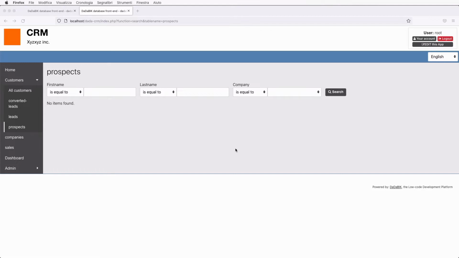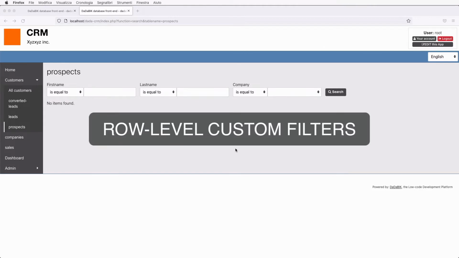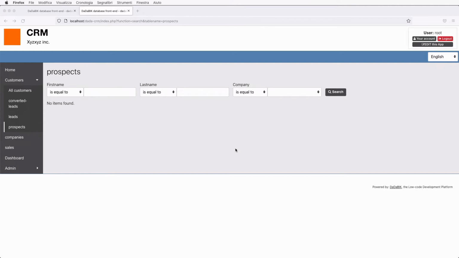Okay, next topic is row-level custom filters. We want to filter by default rows, for example, for certain users. This can be useful in many situations.